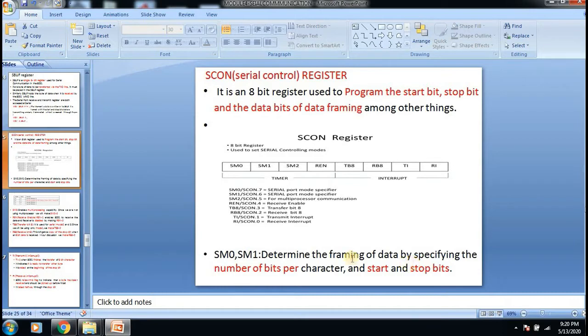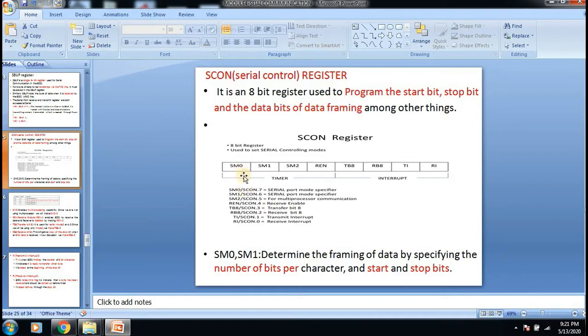Next is the SCON register, that is, the serial control register. It is again an 8-bit register and it is also bit addressable. This register is used to program the start bit, stop bit and the data framing. In the first video we saw that in asynchronous transmission the ASCII character is always framed between the start bit and the stop bit, right?